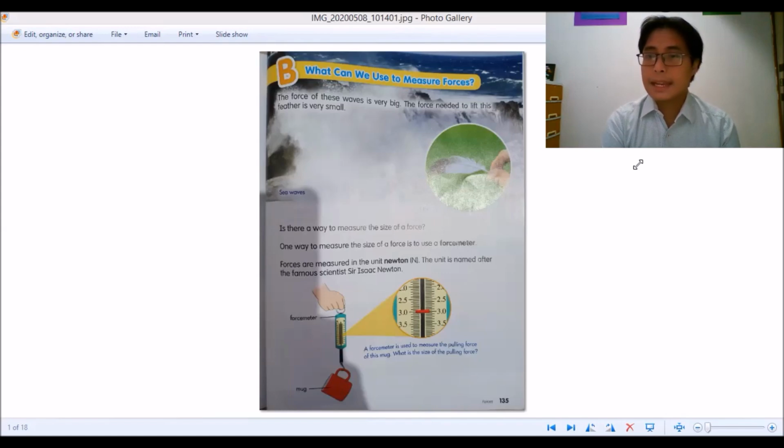Is there any material that we can use to measure force? Last time, we learned about 5 effects of forces. This time, we're going to see if we will be able to measure force. Here, by looking at the picture,